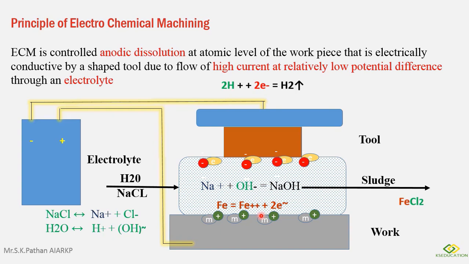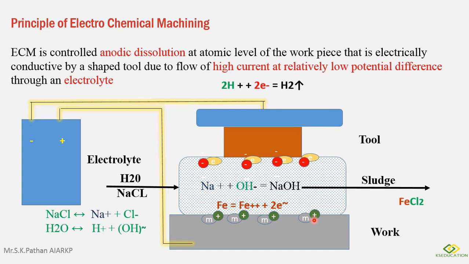That is the first thing. Secondly, the positive ions react with the negative ones and form the sludge, which is taken away. The negatively charged electrons react with the hydrogen ions and form hydrogen gas, which is taken away. Because of this, the iron contains metal ions and reacts with the chlorine and forms iron chloride. Because of that, the material removal happens.